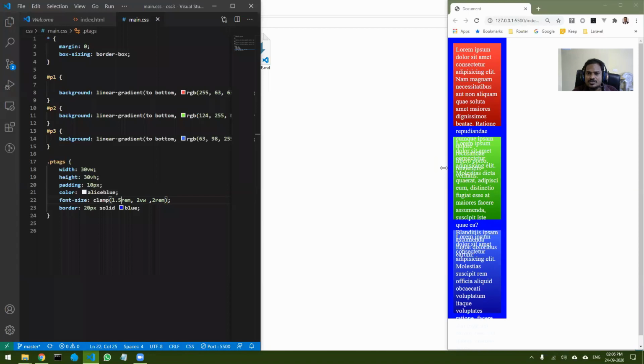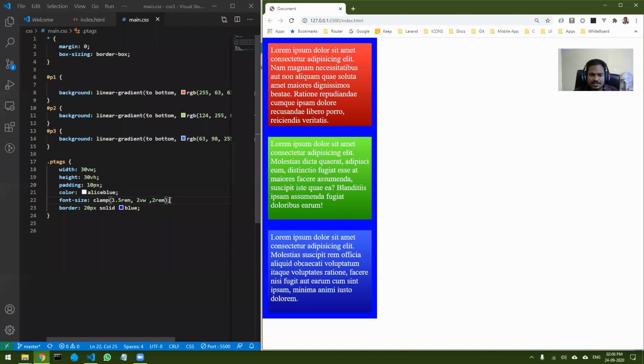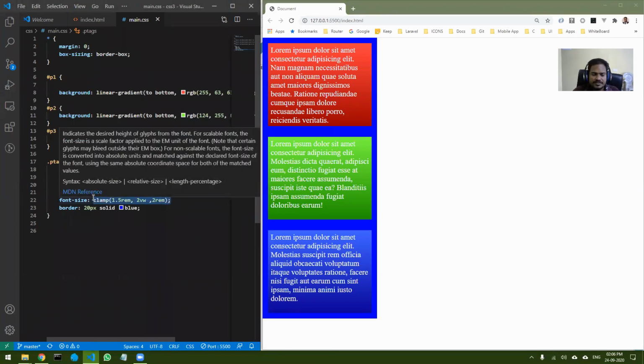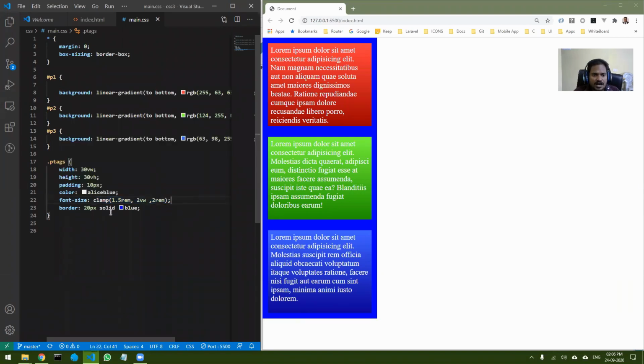The orientation is changing because the width of the container is changing, but the font, if you can see, it is not changing. So that is the use of this clamp function. We'll be using this when we design responsive websites. I think that this much is enough for this part.